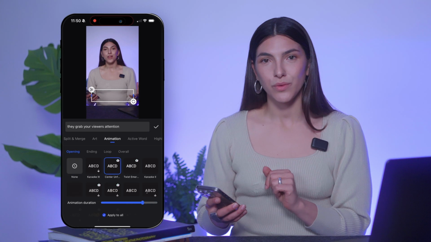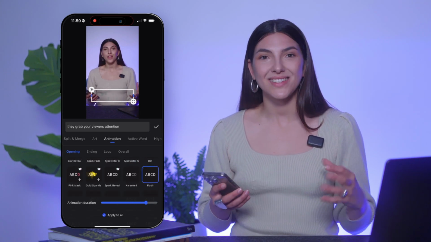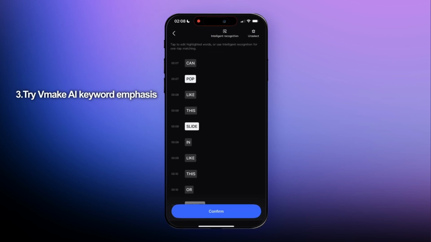Tap on animation. Want to move around the text? Vmake applies complex motion effects instantly. No editing skills required. To emphasize key info, just tap to highlight the keywords or tap on AI one-tap highlight